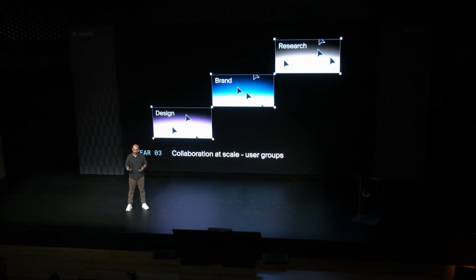But at these larger companies, there are multiple design teams collaborating with multiple engineering teams on different projects. So the collaboration boundary starts evolving from just a user to a group of users. So this makes sense. Figma starts seeing this complaint from multiple customers, so they prioritize this concept of user groups, so that their customers can bring their organization or collaboration hierarchy into Figma.